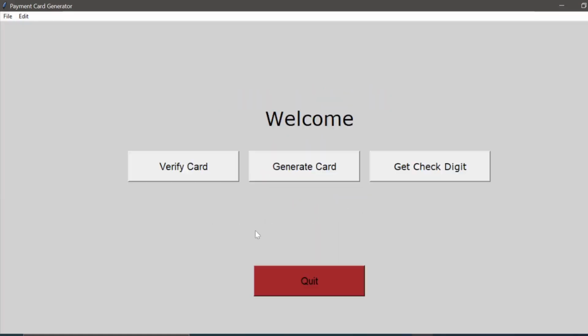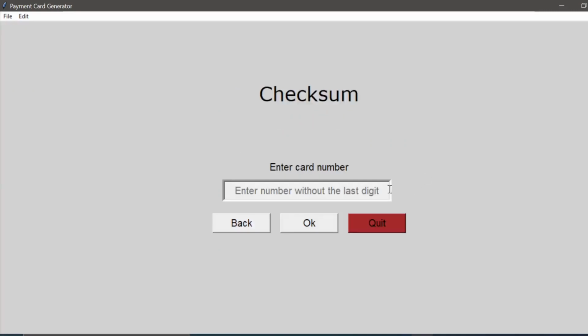Now let's go back and get the checksum, the check digit. As I said before, the check digit is the last digit of your card number, and this is what is used to verify the authenticity of a card before it's processed for any payment. Okay, so it's called the check digit. To test it, we're going to take a valid card, a card that we know is valid, and